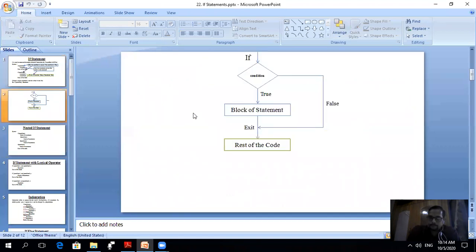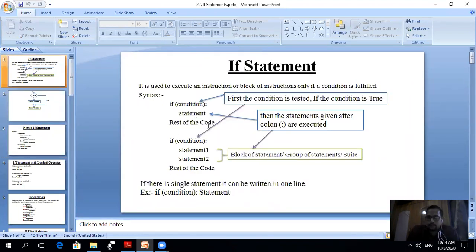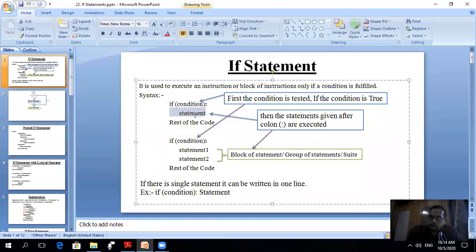Then the rest of the code comes after that. Look, if condition colon, statement 1, statement 2, and then the rest of the code. So this is the example of a single statement, and this is the example of a block of instructions or block of statements, multiple statements. This is known as a compound statement.